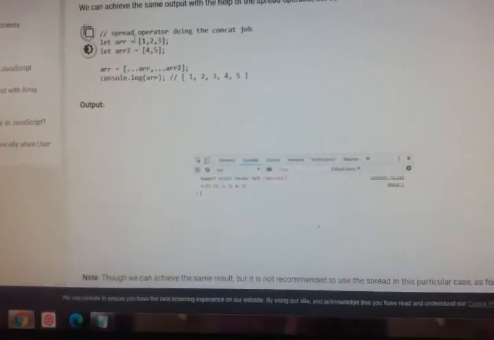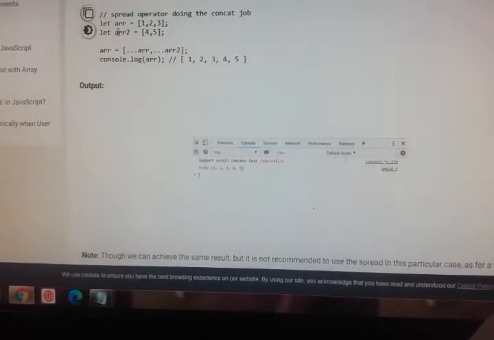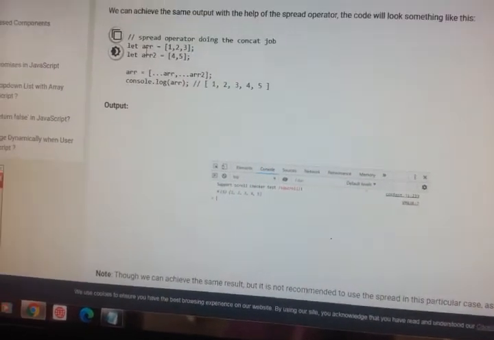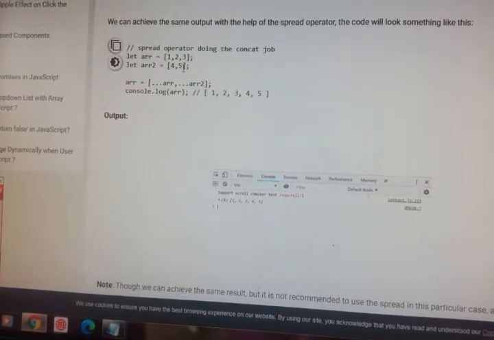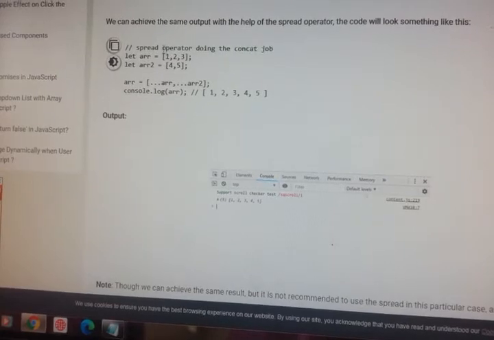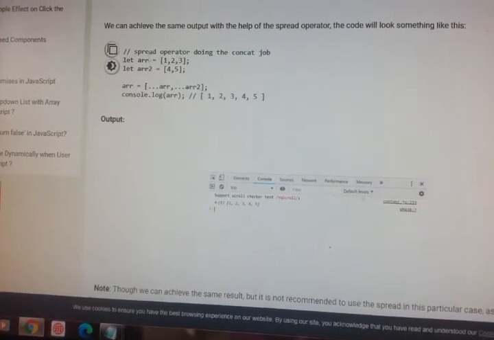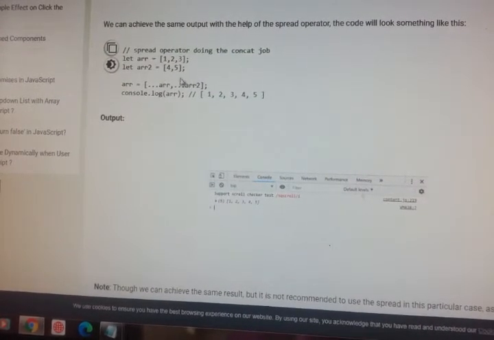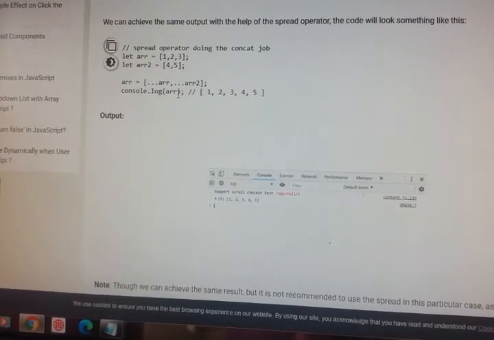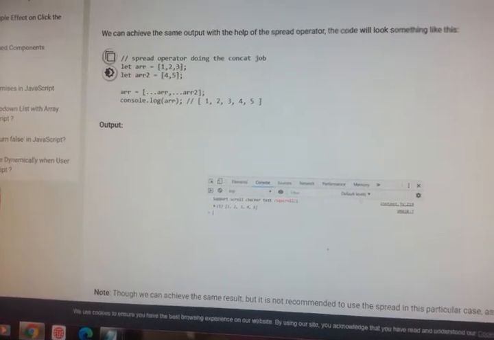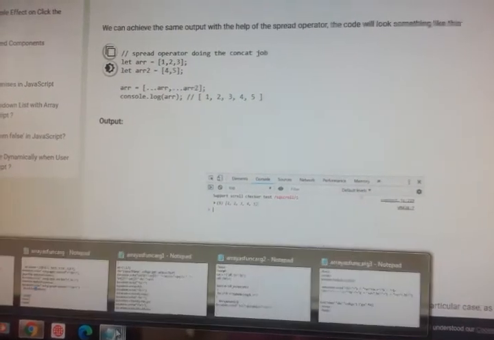Similarly, instead of using the concat method, we can go for this. We will see that with a simple example.